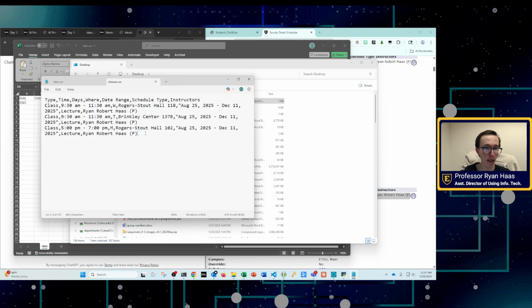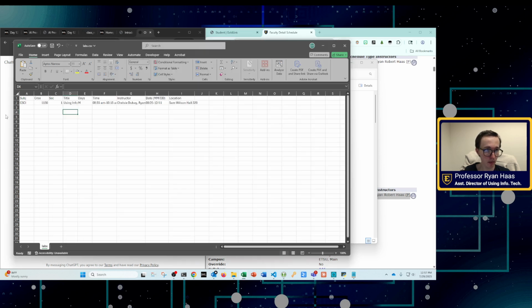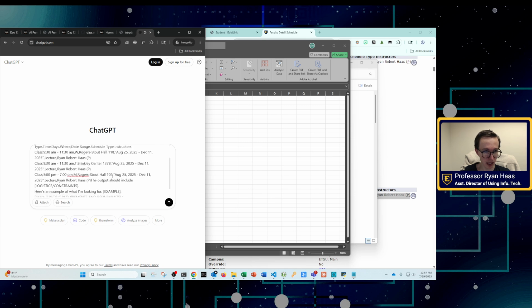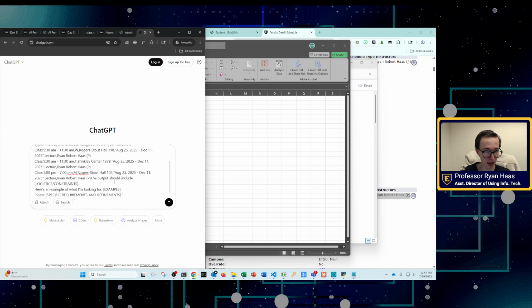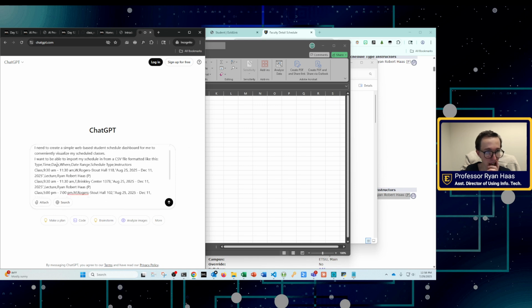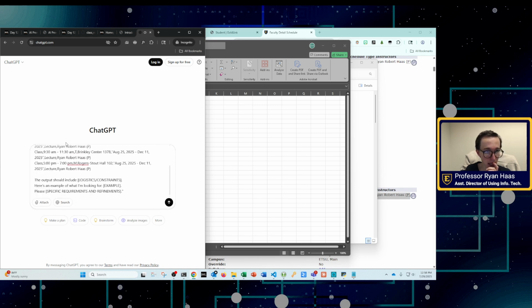And then I can copy this. So I'm telling it, this is how my CSV file is formatted right here. And I can enclose this. Okay, so I'm telling it how it needs to read this in.